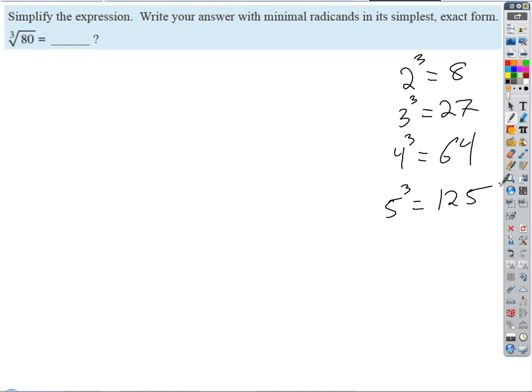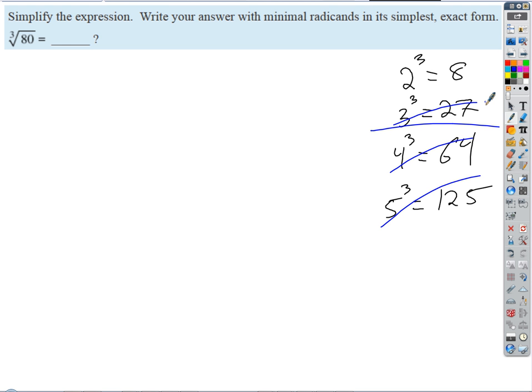Okay, so we already see that 80 is not on that list, right? And half of 80 is 40. So we can already cross those guys out, right? Does 27 go into 80? No, right? Does 8? It does, right? So then all we got to do, we know that 8 is a perfect cube factor, and the cube root of 8 is